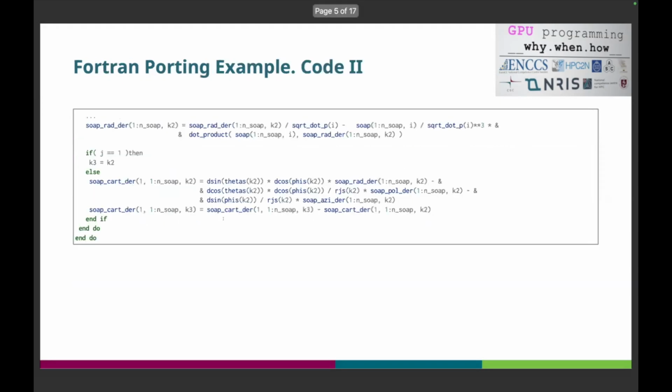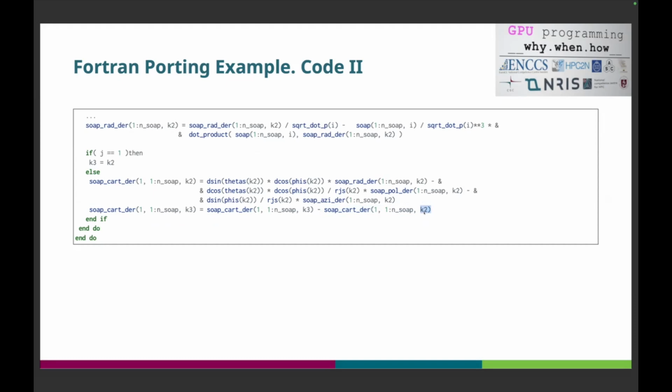Also, in the last part of these calculations, you see that in order to compute this line, I have to know this line. So in order to compute the k3, I have to know all the values of these variables for a specific pair, or specific particle. So for all the neighbors of a specific particle I need to know all these variables. And if different threads are computing this variable corresponding to K2,